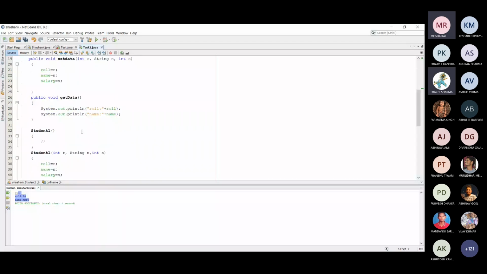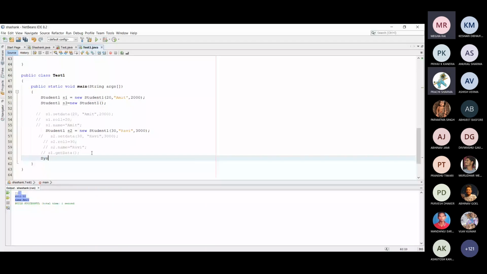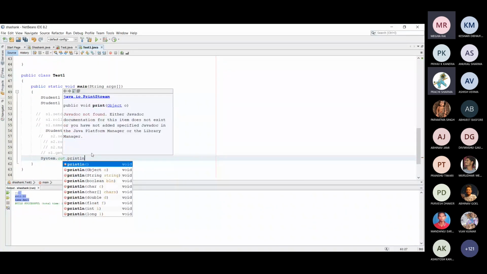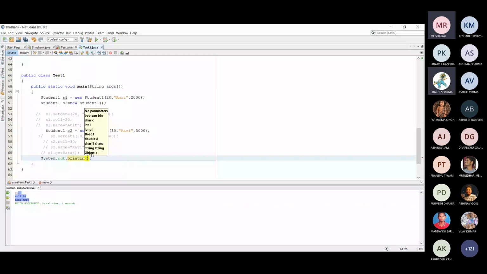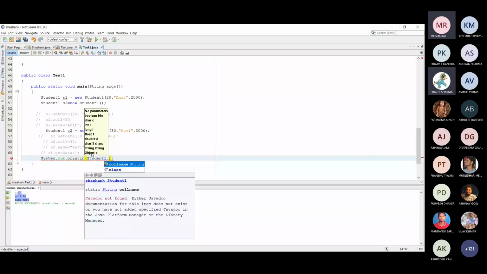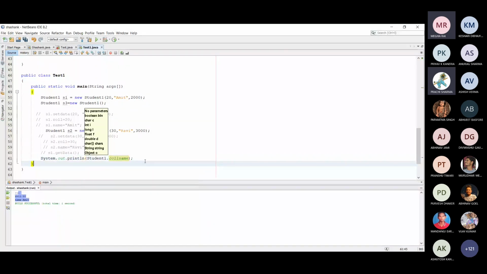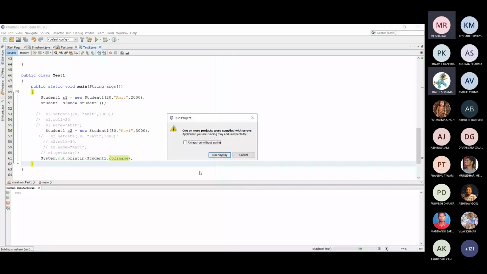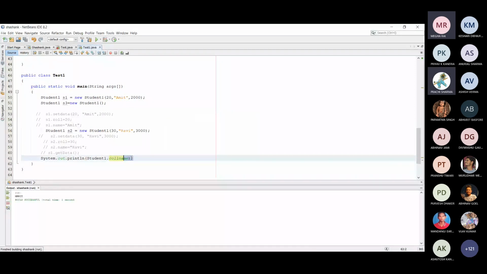If I write System.out.println, and here the class name Student1 dot college name, and I print this, then MNNIT is printed.